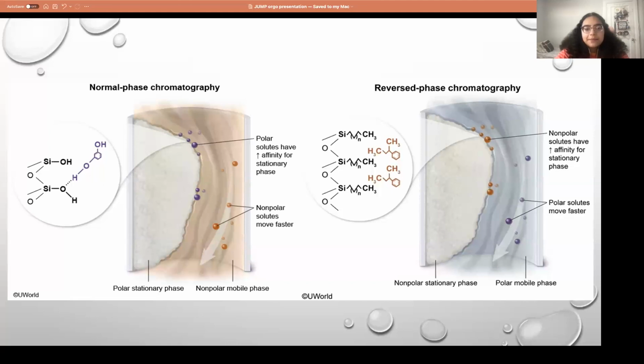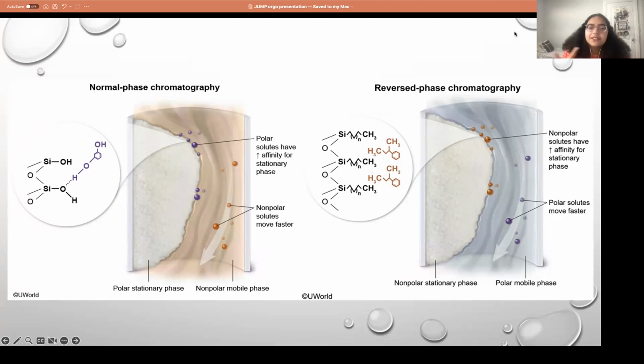So examples of chromatography are thin layer and paper chromatography, which you might have done in Orgo lab. There's also reverse phase chromatography, as we see here, where your card is nonpolar and your solvent is polar. It's already labeled here, but usually the stationary phase is polar, as shown in the normal phase. Polar things have a high affinity, whereas non-polar things will move faster because they're not really attached to the polar. It's similar to the like dissolves like phenomenon.